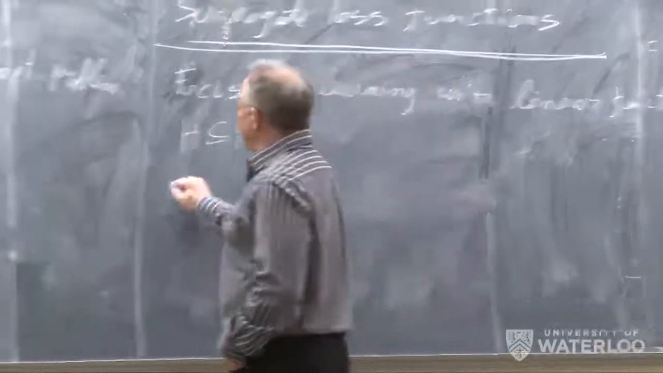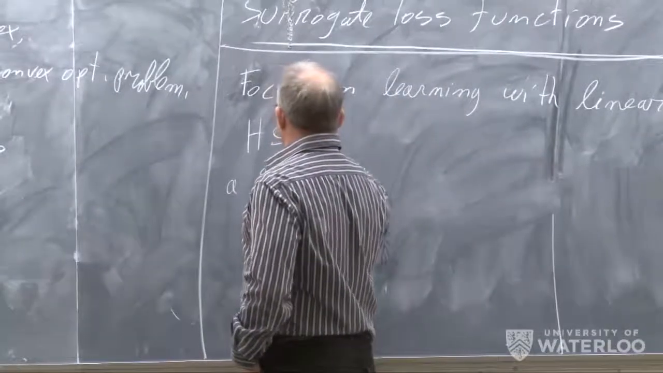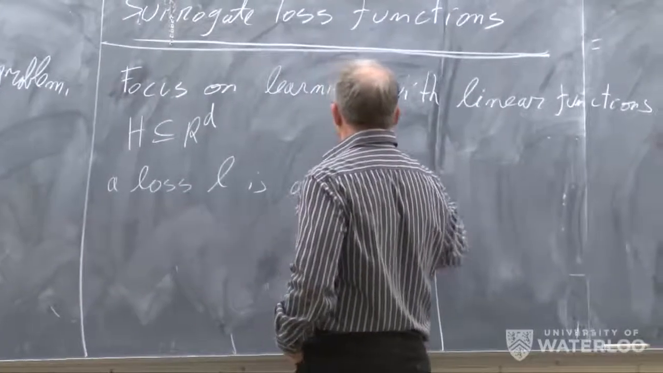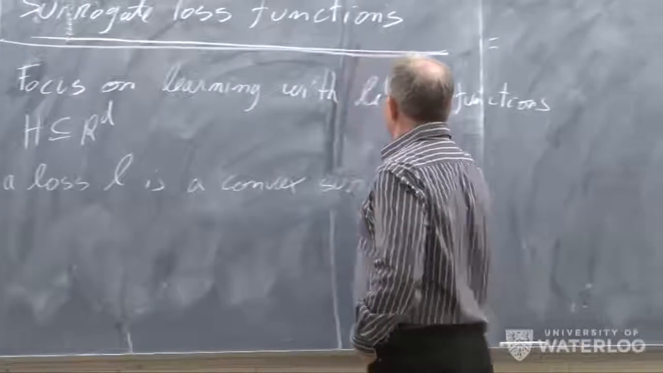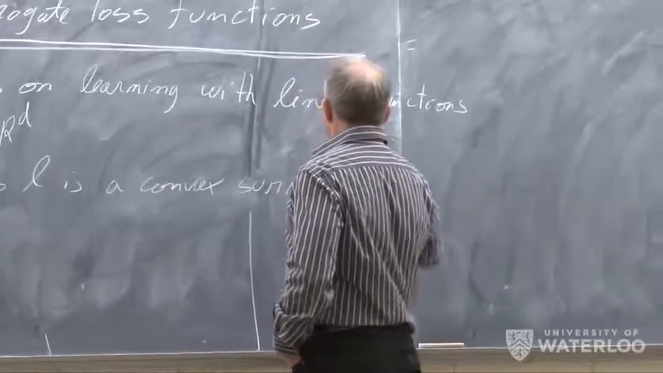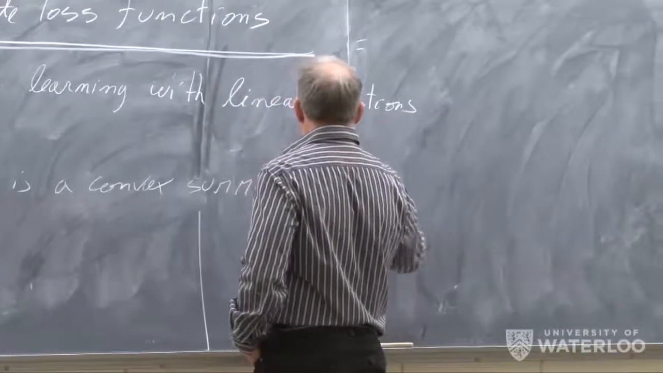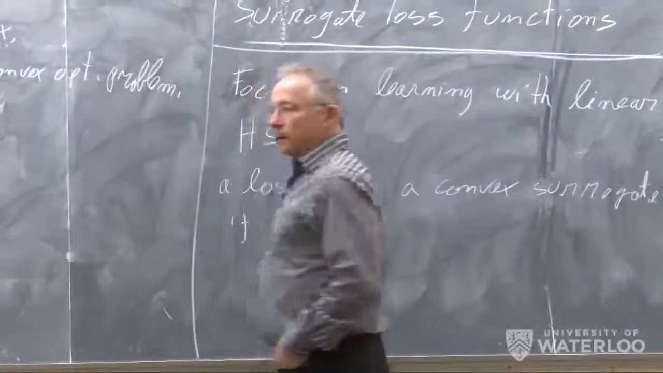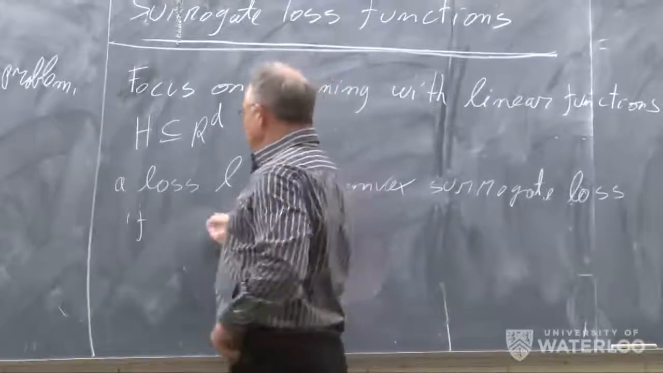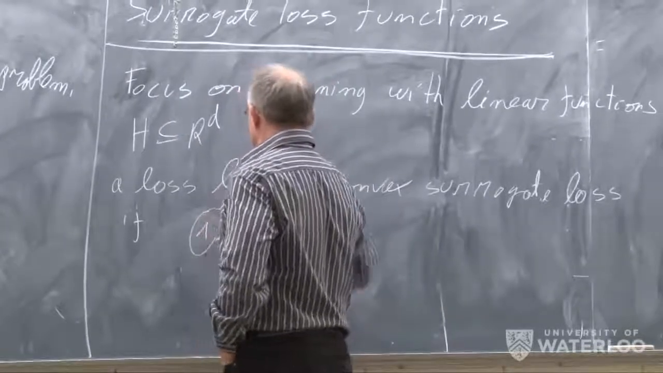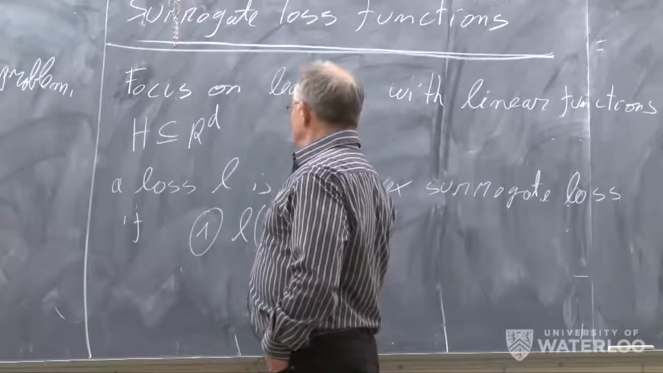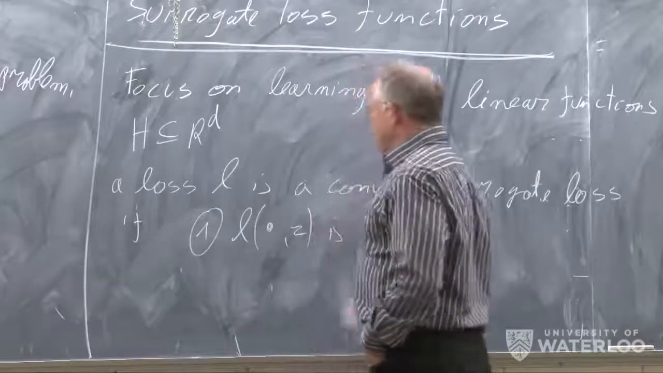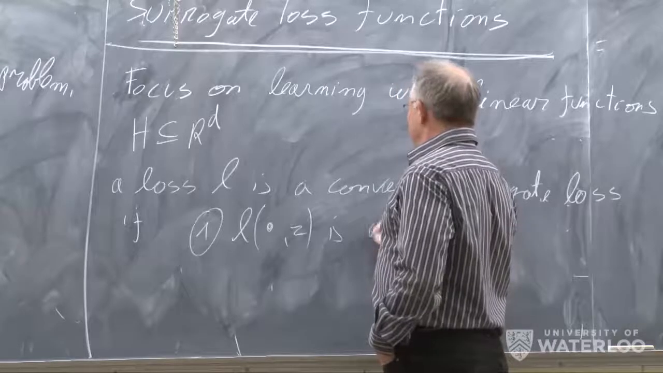And we can assume that H is convex. And we say that the loss L is a convex surrogate loss if two conditions apply. One of them is that L(W, Z) is a convex function